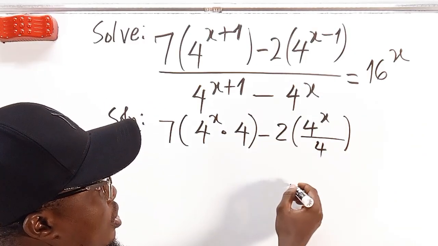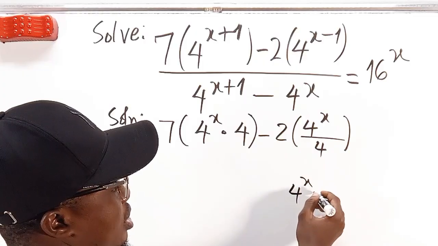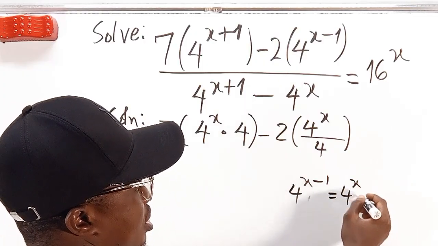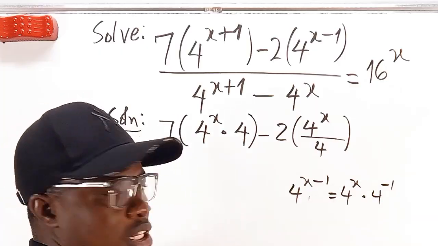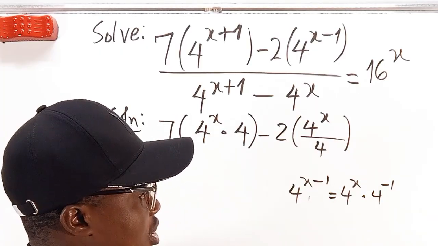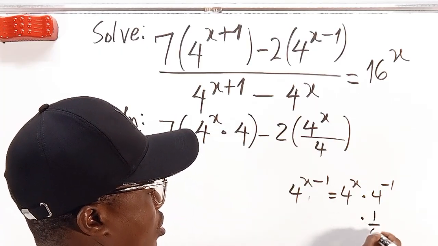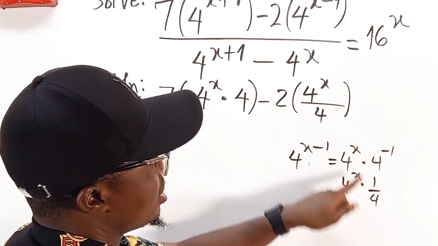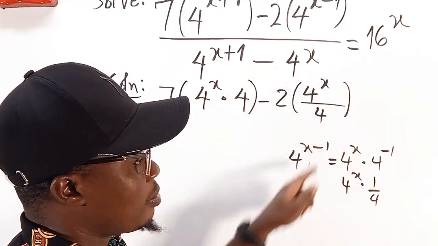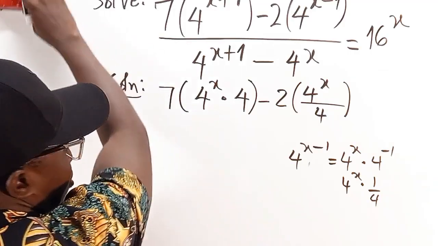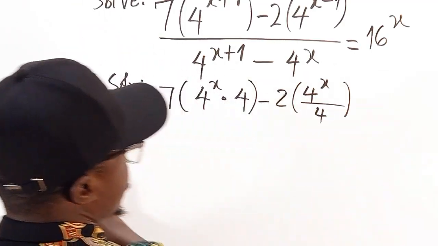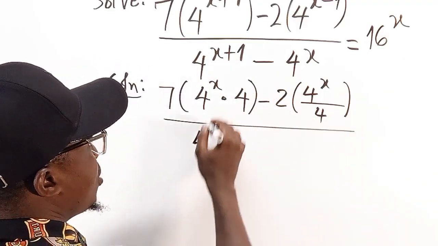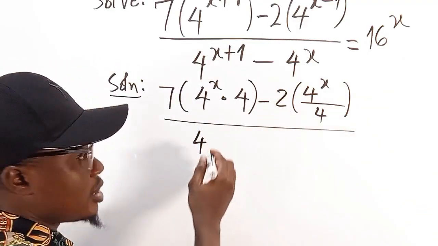Because 4 to the power of x minus 1 will be 4 to the power of x multiplying 4 to the power of minus 1. I know that 4 to the power of minus 1 is the same thing as 1 over 4, which is 4 to the power of x. So if I multiply this by this, I'm going to have 4 to the power of x divided by 4. Understood? Good. So all divided by 4 to the power of, the same thing here,